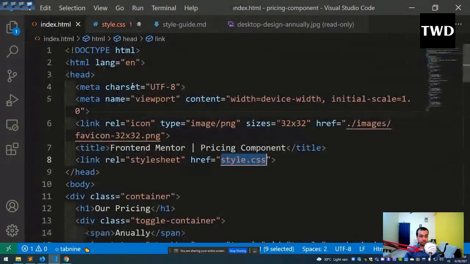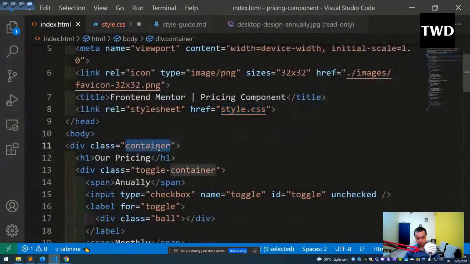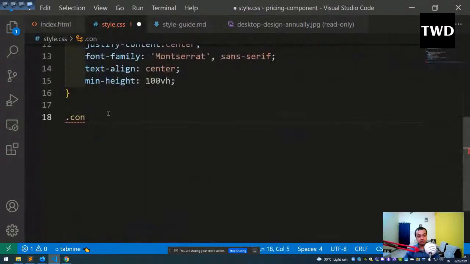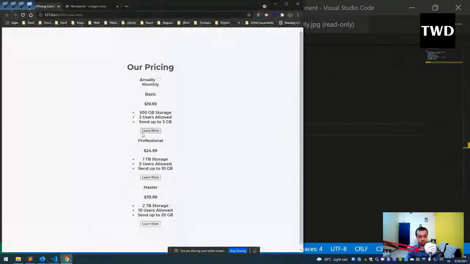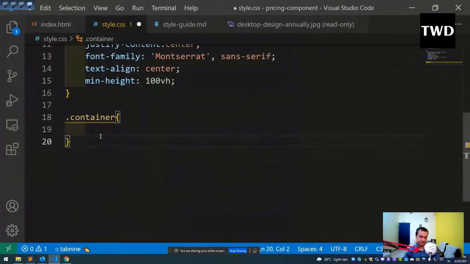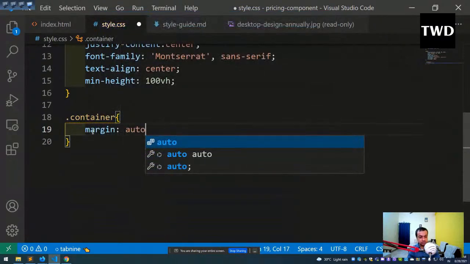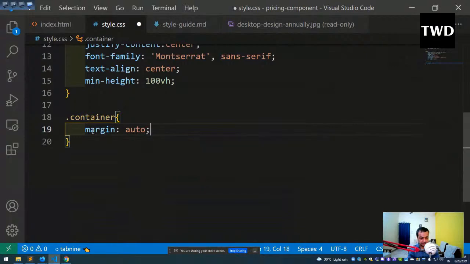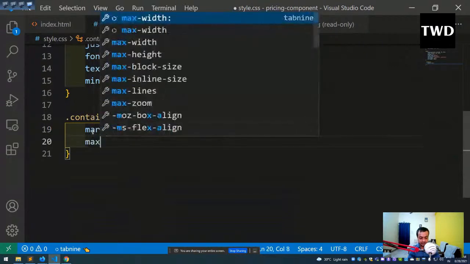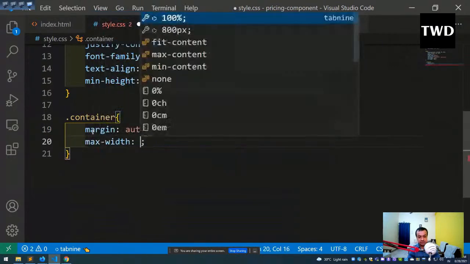So this which we have given, this container style will do. Hope this is working. Yeah, it is working. Flexbox is working pretty nice. Margin will be auto, and max width will be